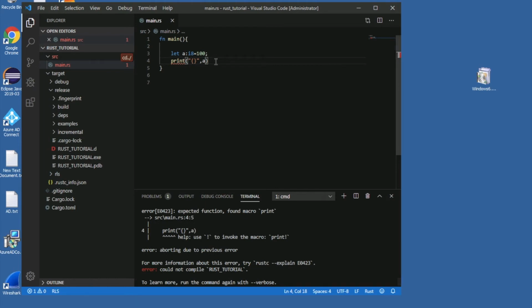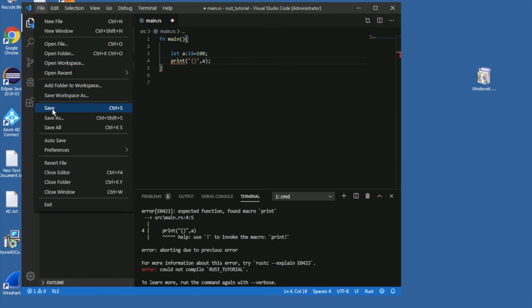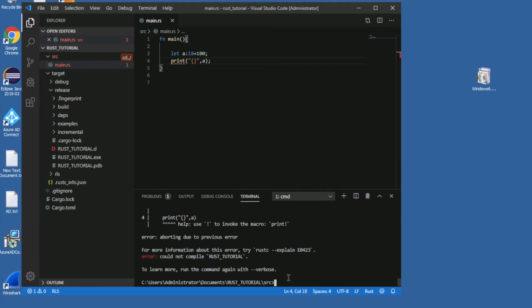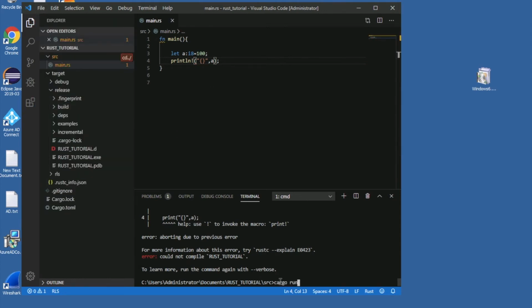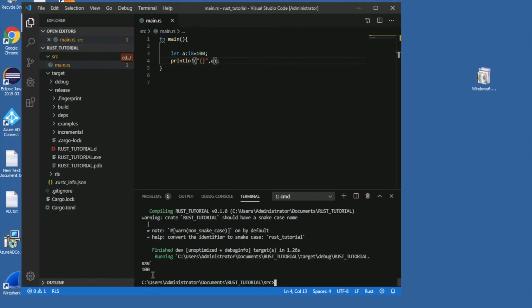Sorry, I forgot to give a semicolon here. I always make typos because I came from a Python background. Again some error, I am not sure what I have done wrong. Okay, again I wrote print, again Python syntax. Sorry guys, it will be definitely println. Yes, see, now it is printing 100. Now if I give it minus 100 and print,